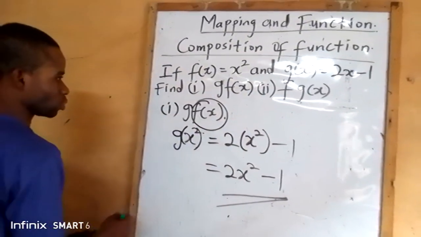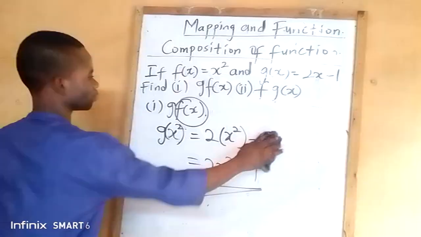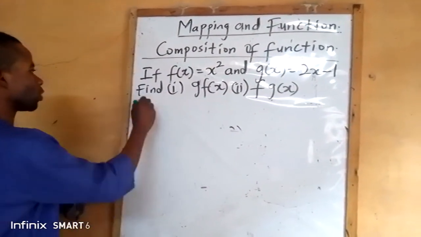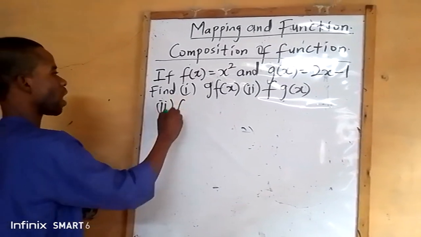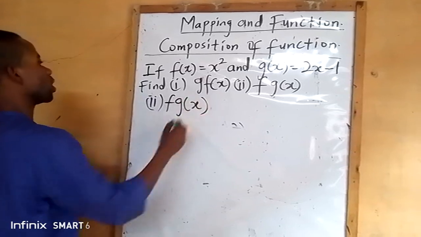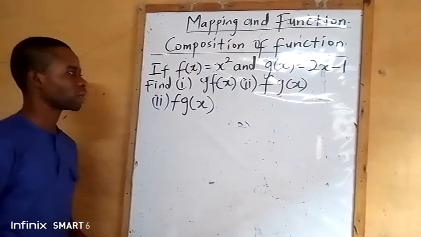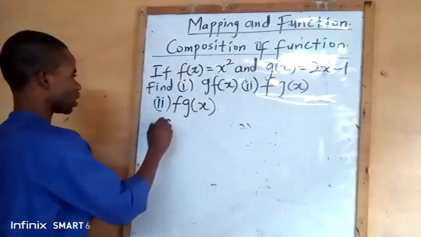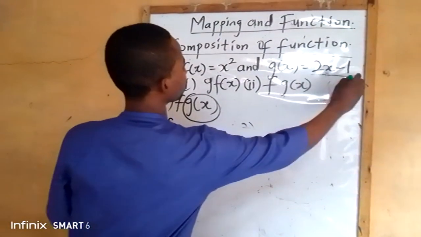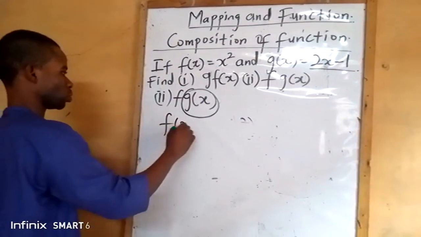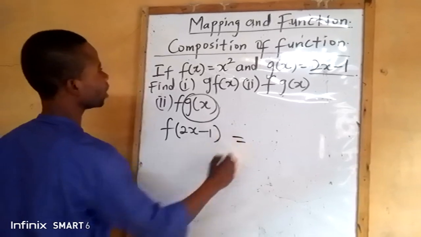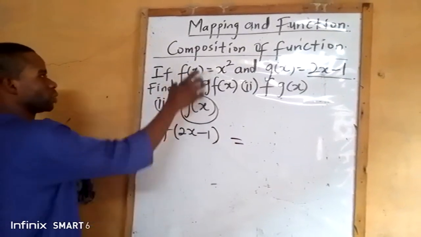Now for the Roman figure 2. Roman figure 2 says we will find f of g of x. That means what is g of x in front of f? Our g of x is 2x minus 1. So that means in f of x, like you see this arrangement now,